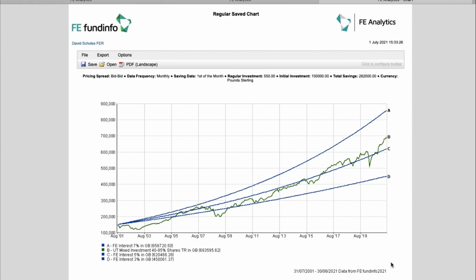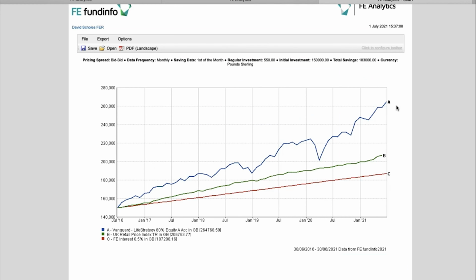And on the right-hand side, I'm going to use a regular savings chart. So on a 5-year basis, they've got 150k again to invest and regularly putting in £550 a month. And again, click on generate. And you'll get a chart that will ultimately educate your client as to why cash can no longer be considered risk-free. Because as you can see from here, over the last 5 years, I would have put in 183,000, and